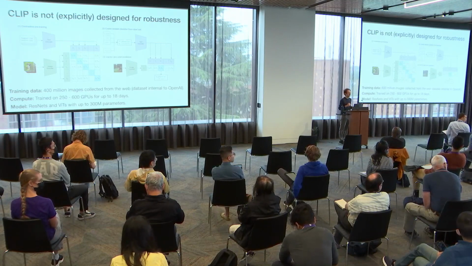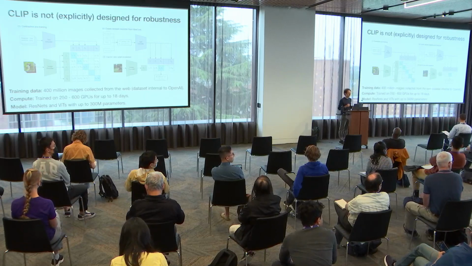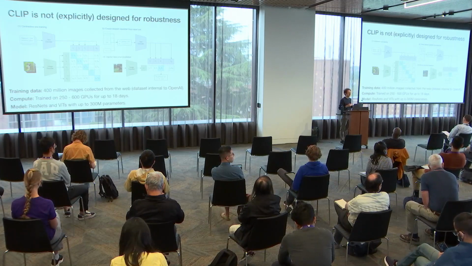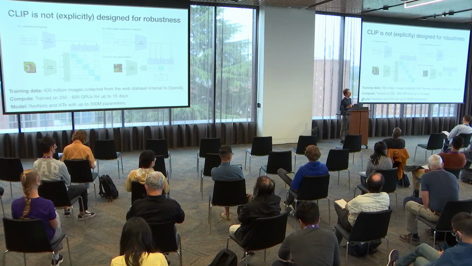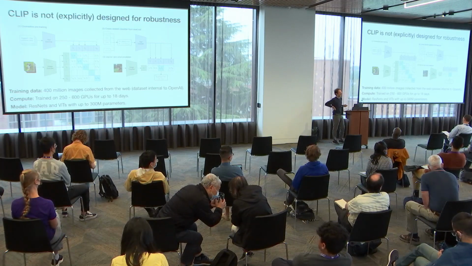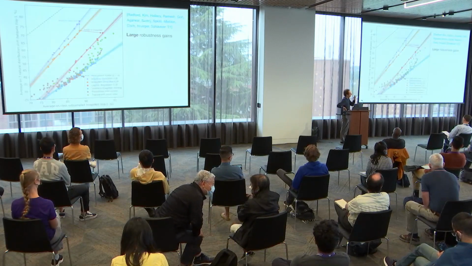Yes? I was just wondering, if I understand the claim here, if I would take this 400 million image data set and then harvest from that examples that are exactly the Imagenet classes, and then train saying this is a dog, this is a car, I would still be on that line and I wouldn't see this robustness. Oh, this is great. We do exactly these experiments in about 10 minutes, so we'll answer it then. Good. Thanks for the awesome question.